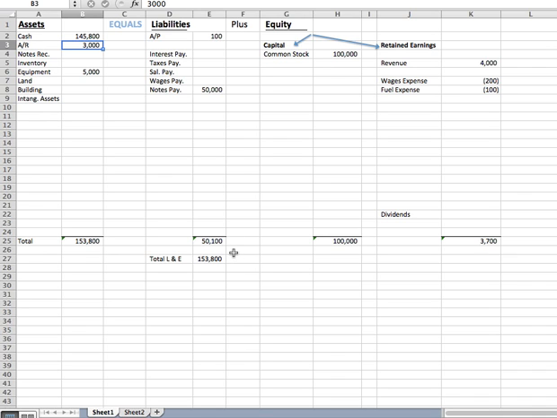Now let's assume that that customer now pays part of this $3,000, but instead of paying $3,000, they only paid $300. So the company gets an additional $300, an increase of cash. And the customer no longer owes $3,000 because it's paid $300, and now the net is $2,700. But if you notice, total assets still equals